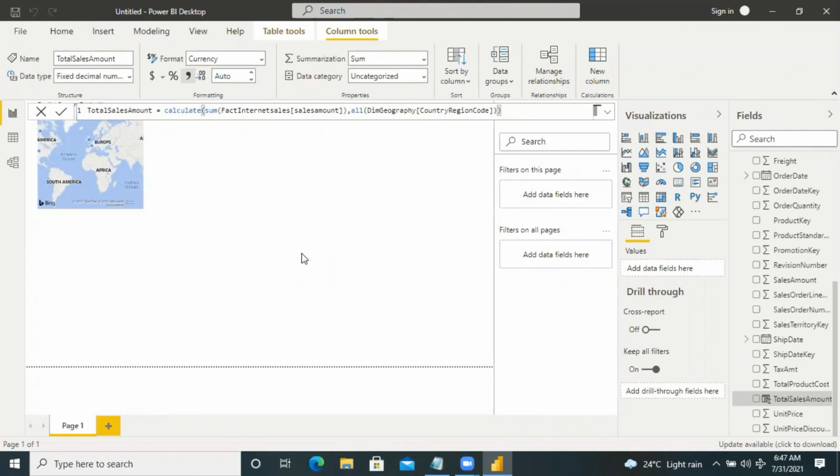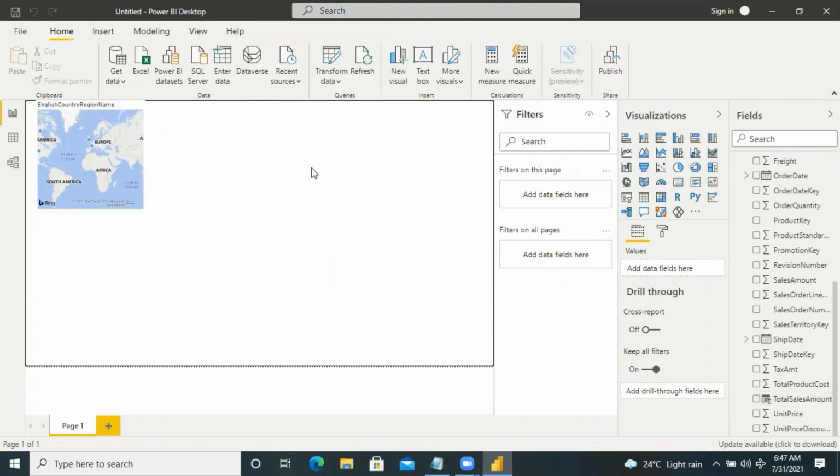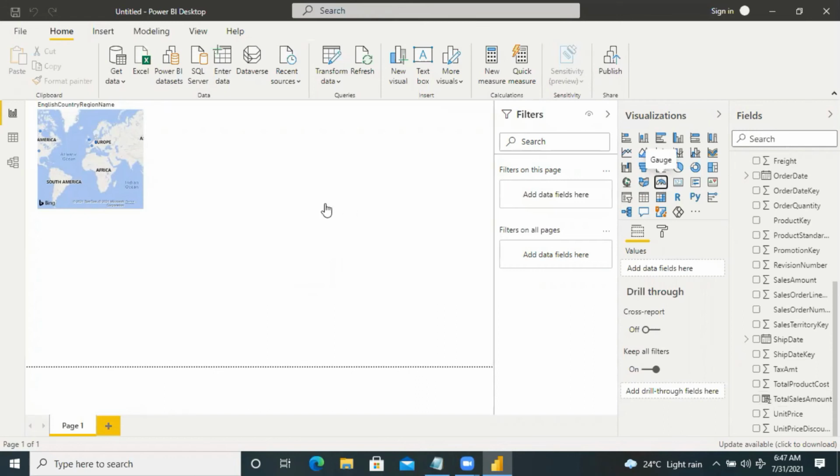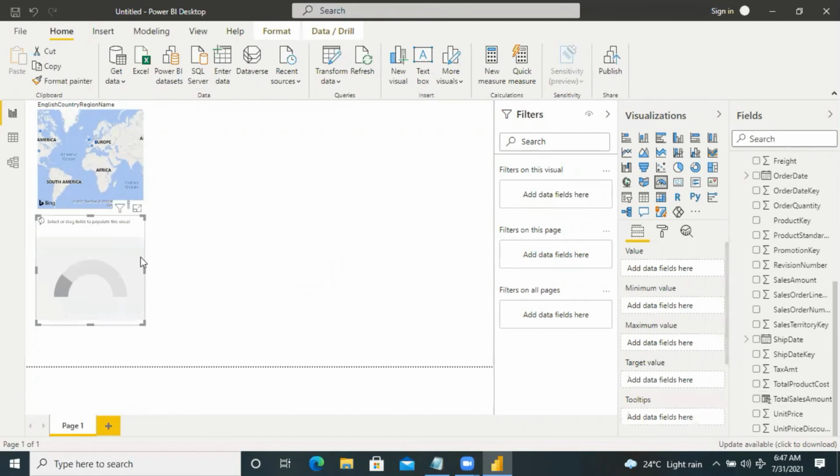Now I'm taking that column and building the visual. Here I'm taking the gauge visual to display the total sales amount.